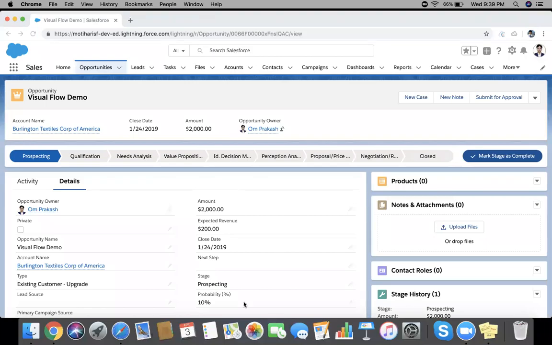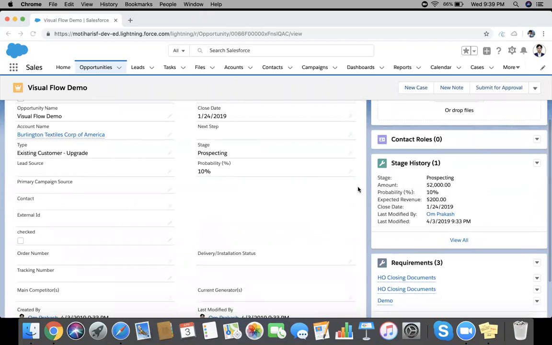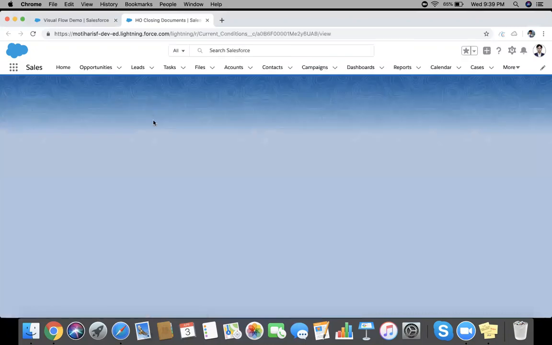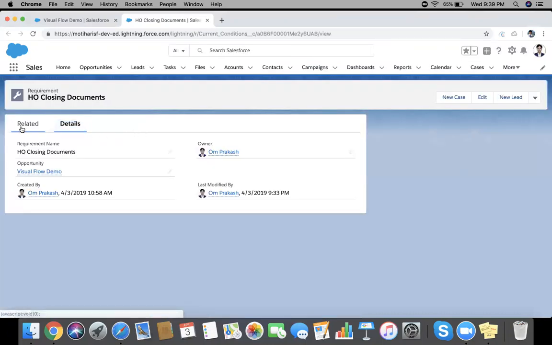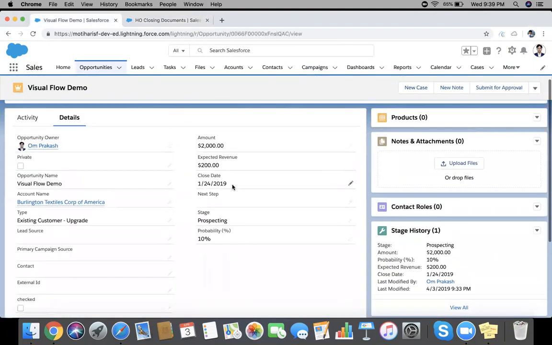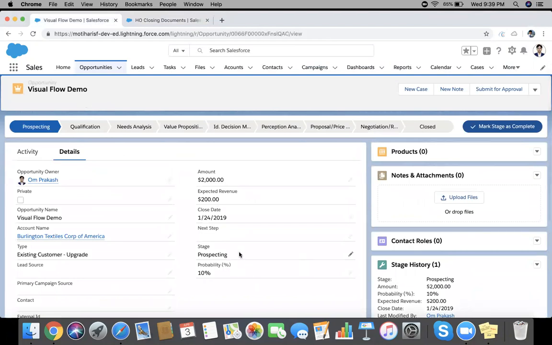We are going to talk about a use case of Process Builder and Flow here. Currently I am on an opportunity record. You can see Requirement is a child object of Opportunity. When I open this record and go to the related list, you can see we have another object, Project Task, which is a child of the Requirement object. So our use case is when this opportunity record is marked as closed one, means when the stage